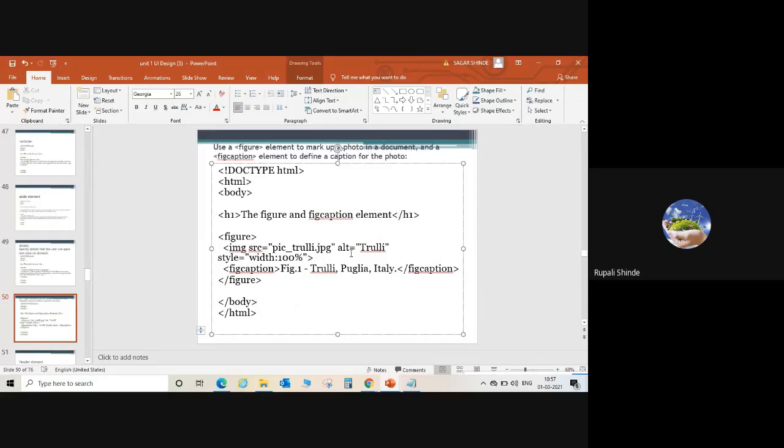If your image is not visible on the web page, then whenever you move the cursor onto the image or that position, it shows the name of your image. So we have to just add the alt. If the image is not visible to you, it will show the name of that particular image. That's why we use the alt attribute in the image tag.